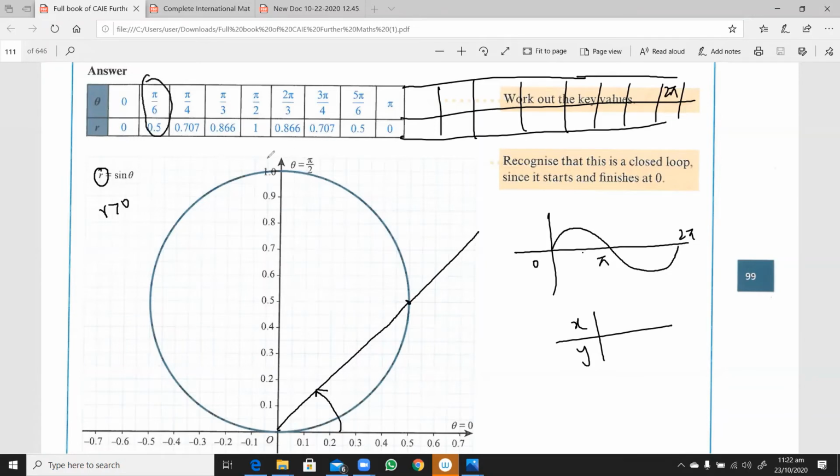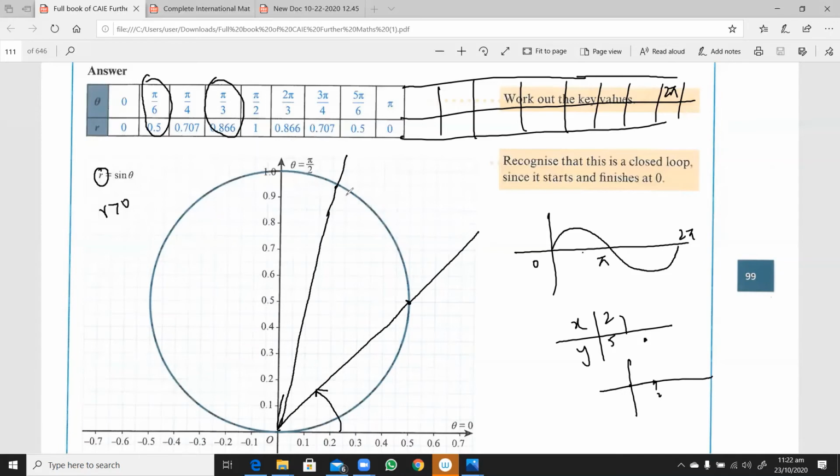So the radius is determined by the distance of this point from the origin. It is not like when you plot, for example, 2 comma 5, where you go 1, 2 and then mark a point. It is not like this. For example, if you look at pi by 3, how will I mark this? I will draw the 60 degrees angle over here. At 60 degrees, we have this length 0.866.